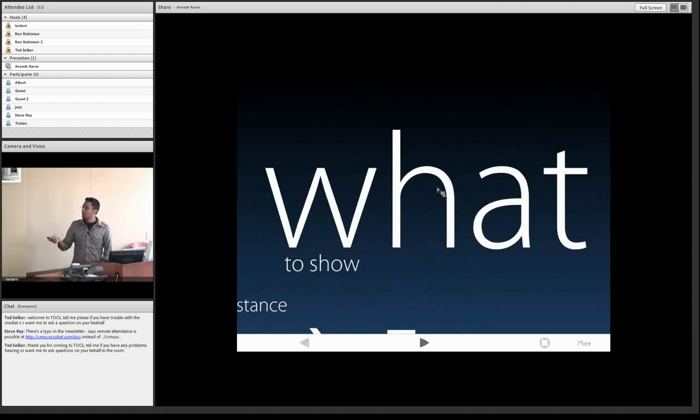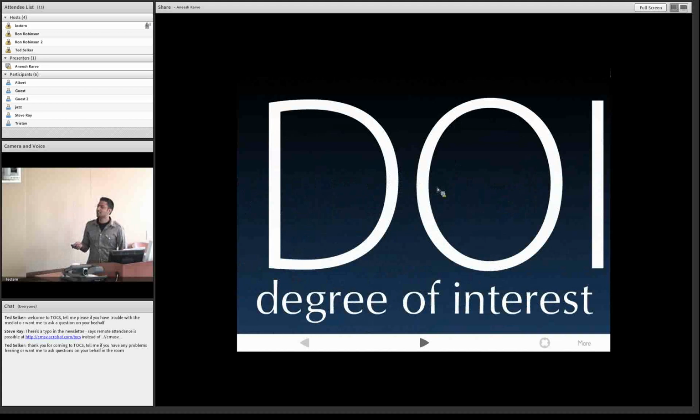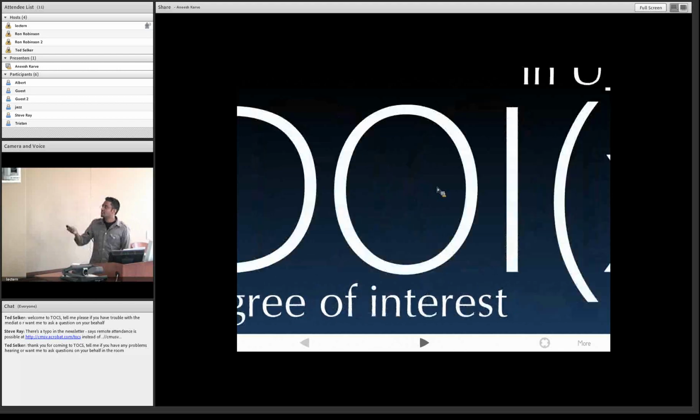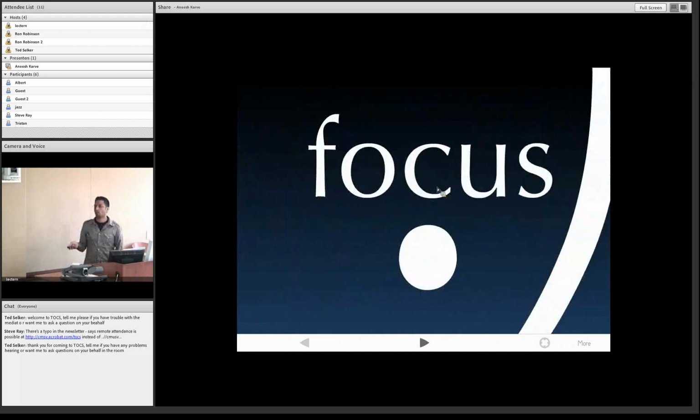And Furnas has a nice mathematical formulation of this that we're going to look at here, and we're going to return to this pattern throughout our talk. So the first thing that he does is define this concept of a degree of interest function, which is how interesting something is to a given user. This is contingent on two variables. First, any element in the universe, x, and then what the current focus is, represented by the dot.